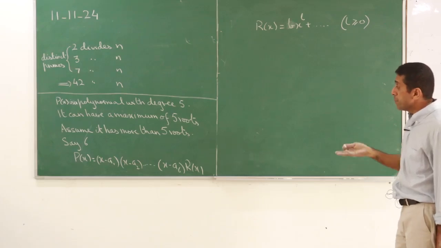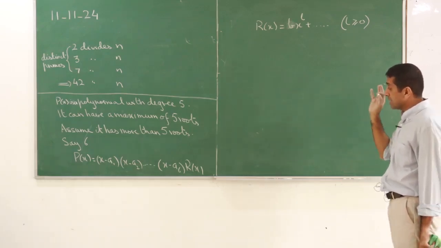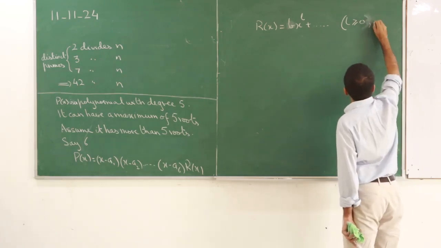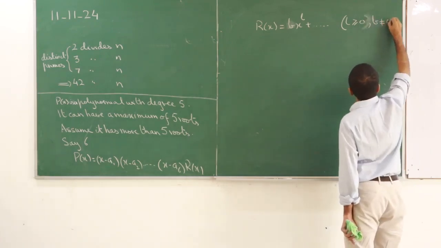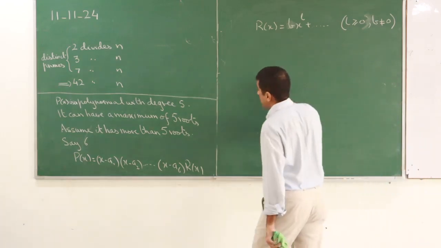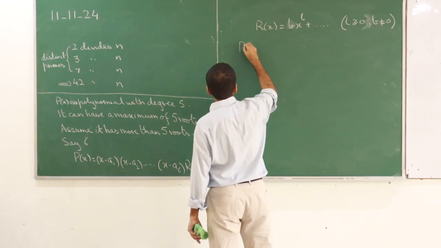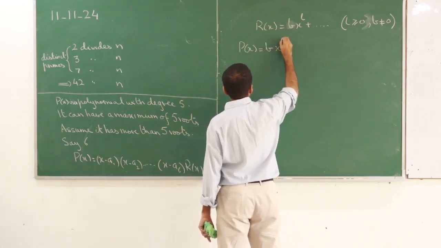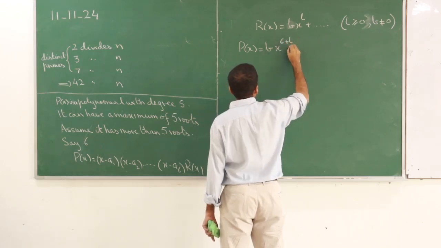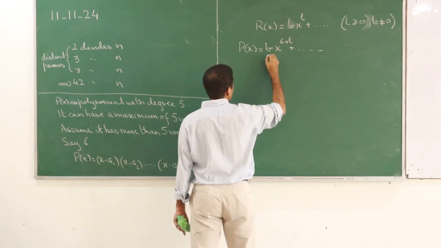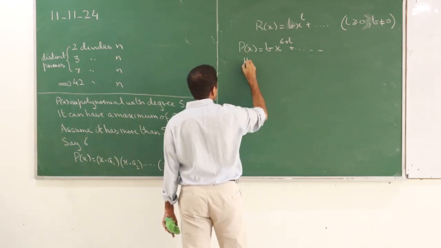I don't know what it is, but it's at least a non-zero constant, and b is not equal to 0, that we are guaranteed. So then you can see that P of x is of the form b x to the 6 plus L plus lower order terms,